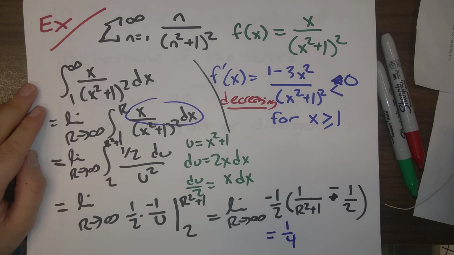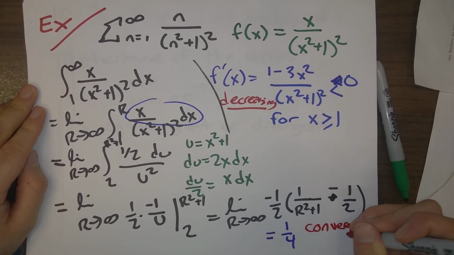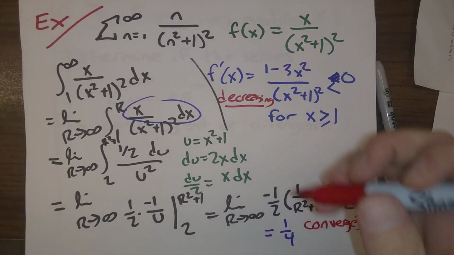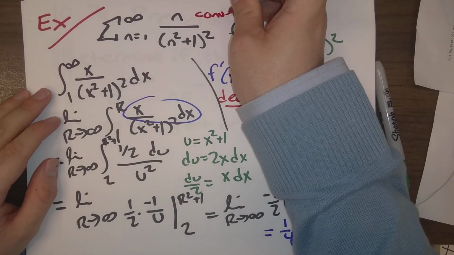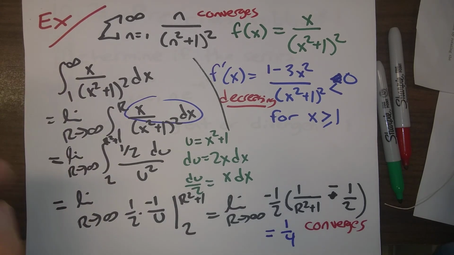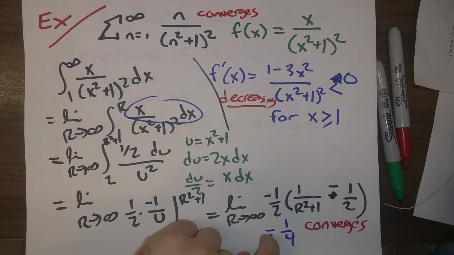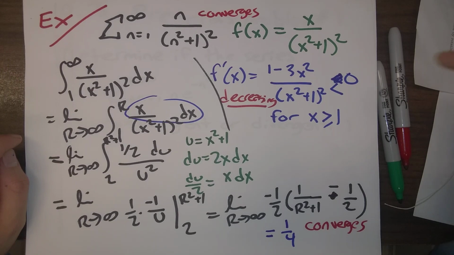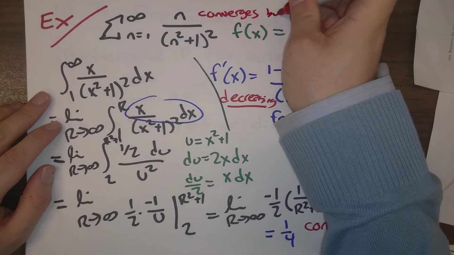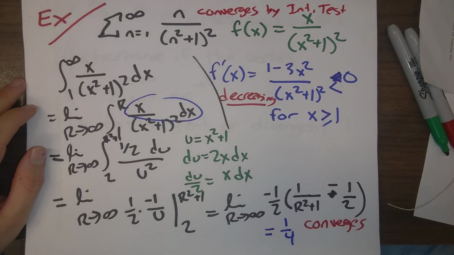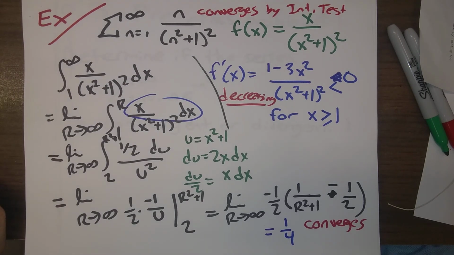Because the corresponding integral converges, that tells us that the original sum also converges. But importantly, note, this does not tell us that the answer here is 1/4. We can't just say that this series is equal to 1/4. It just tells us that this converges by the integral test. So once again, in this chapter, we're not really trying to figure out exactly what this series is equal to. Our only goal is to figure out, is it